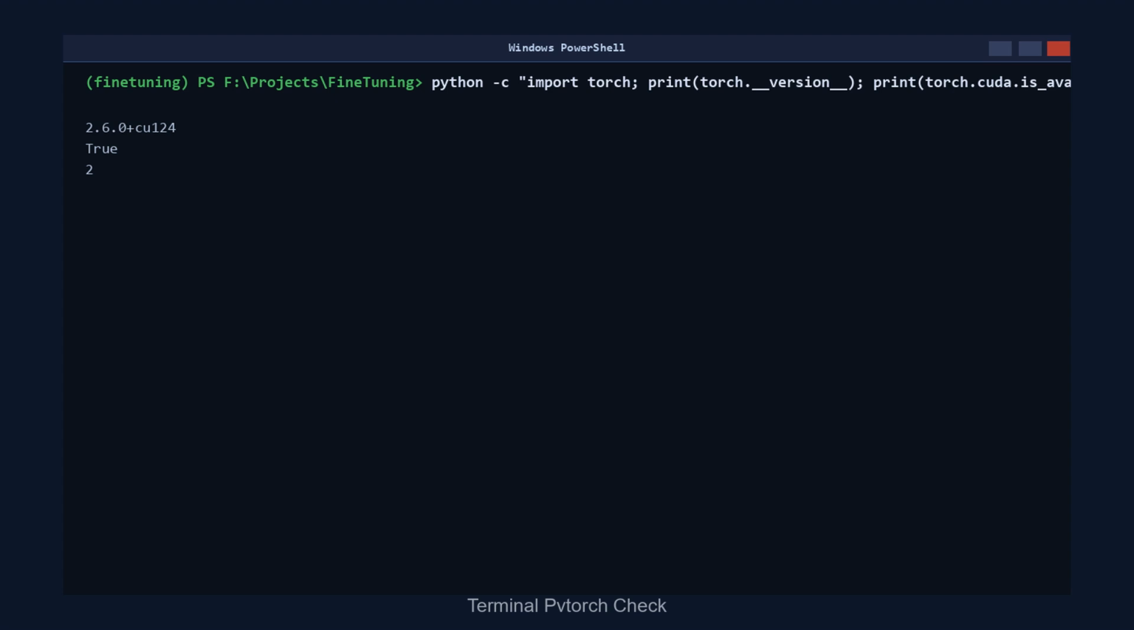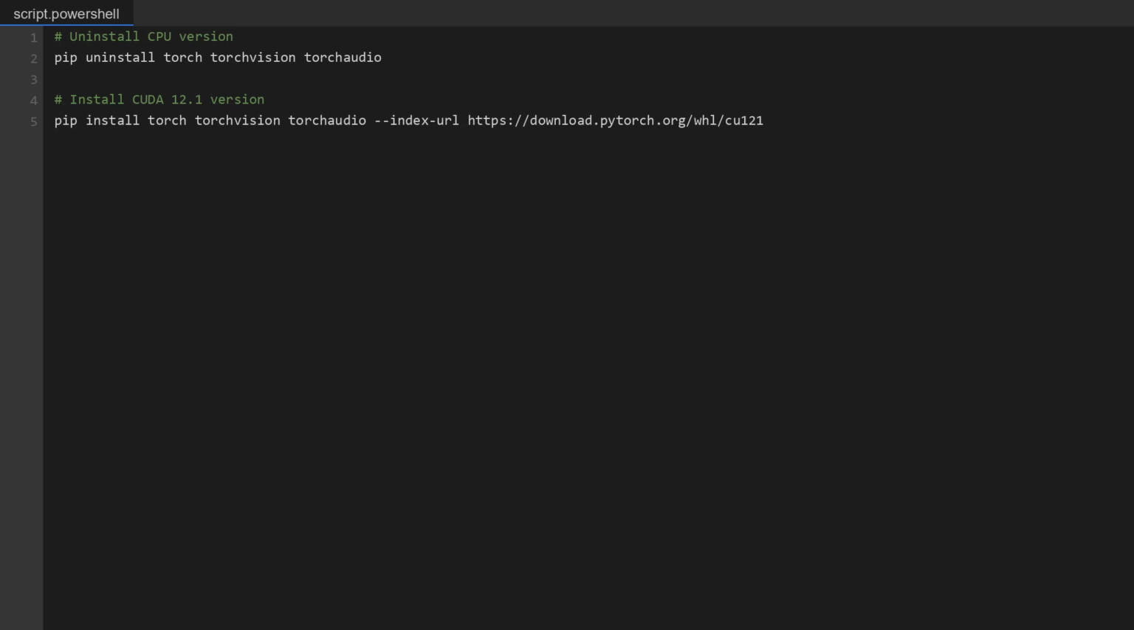Any deviation from this, false, 0 GPUs, or a CPU-only version string, is a clear diagnostic pointing you to the right fix. If PyTorch is showing a +cpu suffix, here's the fix. First, uninstall the existing CPU-only build with pip uninstall torch torchaudio. Then reinstall with the CUDA-enabled version by pointing pip at PyTorch's dedicated index URL, pip install torch torchaudio --index-url